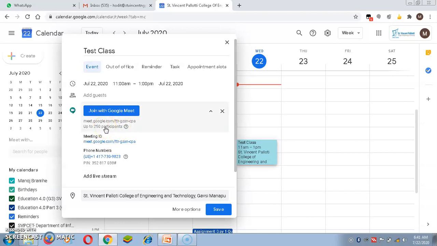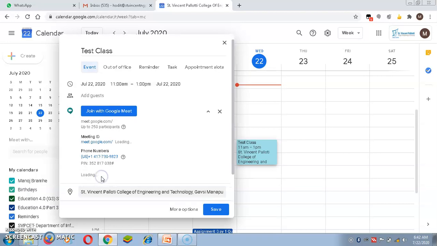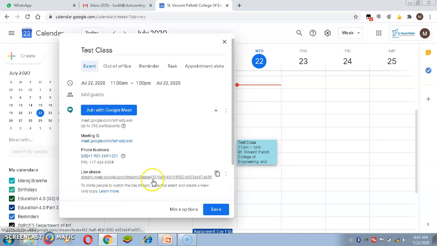But suppose you want to add 1000 students, then with the normal Google Meet option, it will not allow the next 750 people. But the other option is that you can add the first 250 participants in the Google Meet, and later on, you can add 1 lakh participants through live stream. So the total limit of Google Meet is 1 lakh 250 participants. If I click on this, then I can give this live stream through YouTube to my remaining participants. So here the live stream can be created.